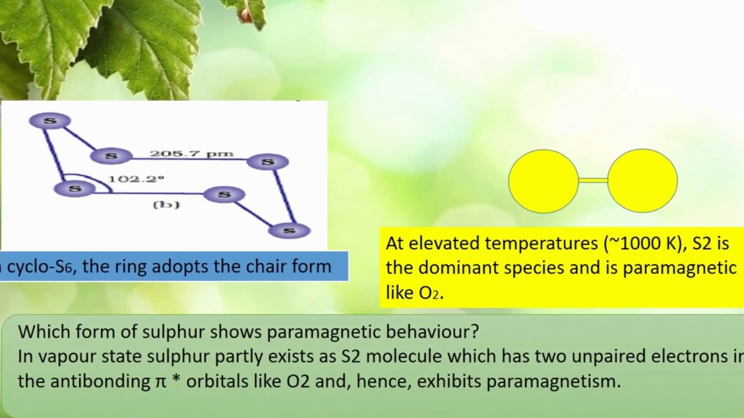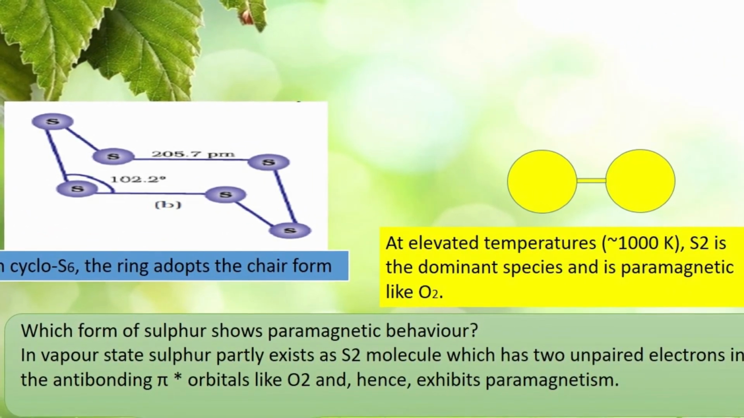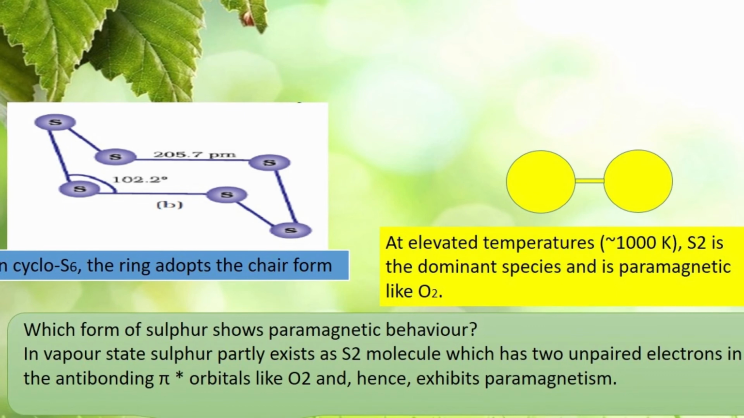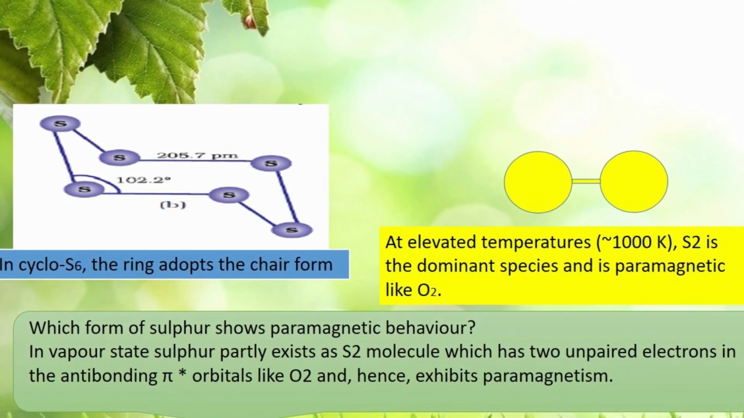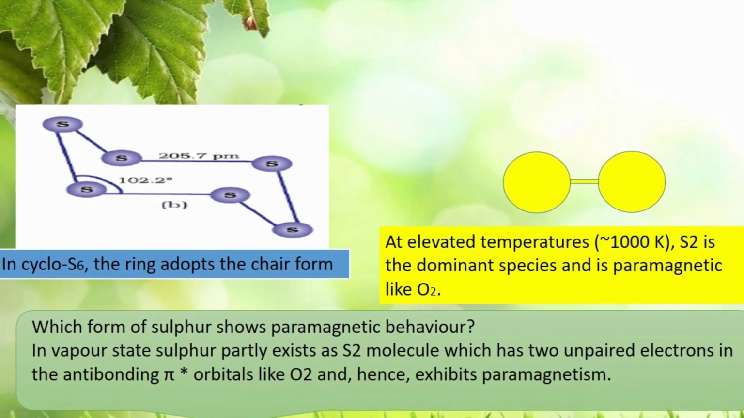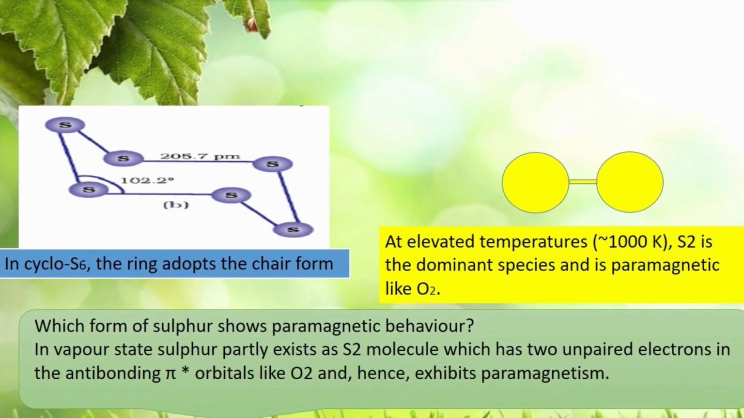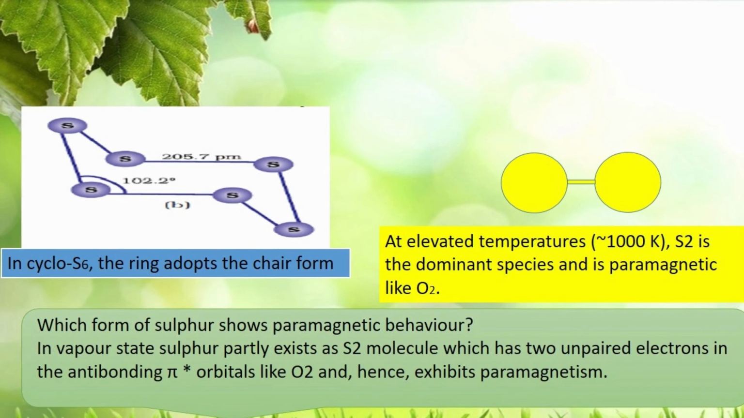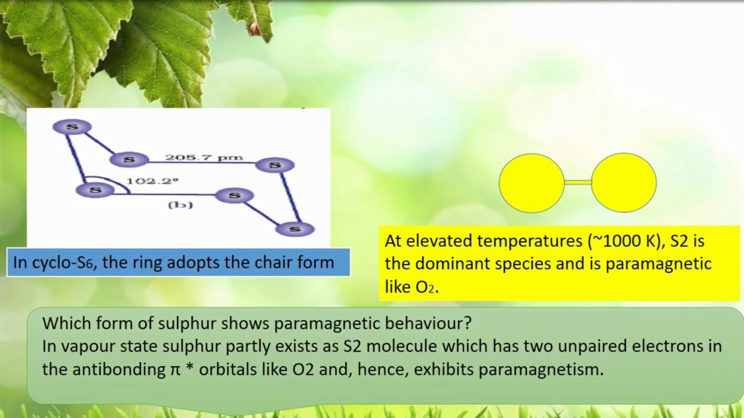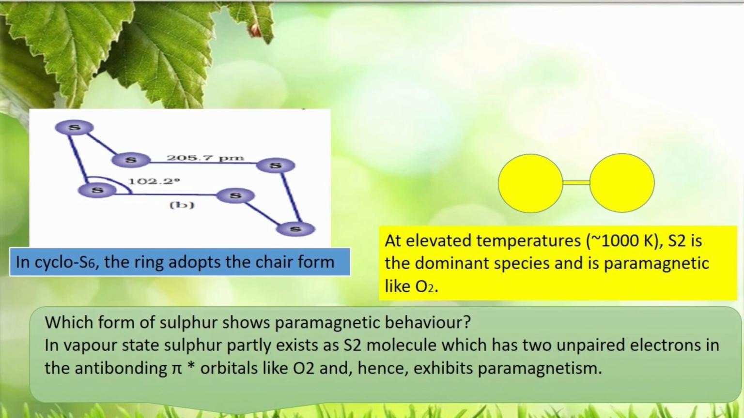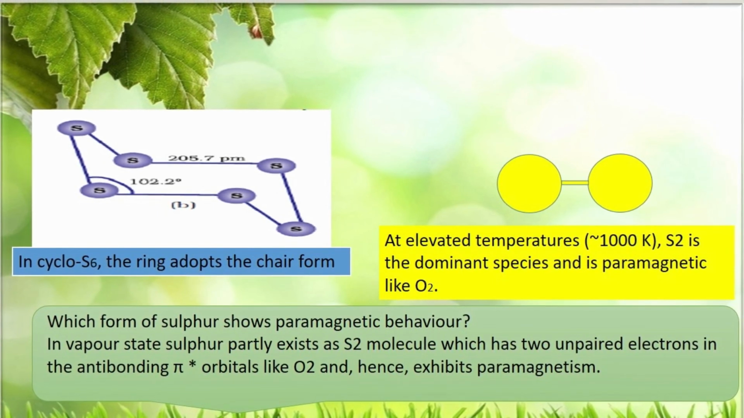Several other modifications of sulfur containing 6 to 20 sulfur atoms per ring have been synthesized in the last 2 decades. In cyclo S6, the ring adopts the chair form and at elevated temperatures, that is approximately 1000 Kelvin, S2 is the dominant species and it is